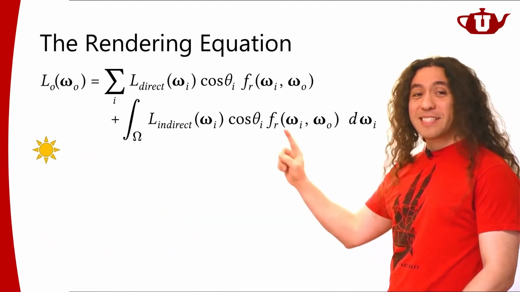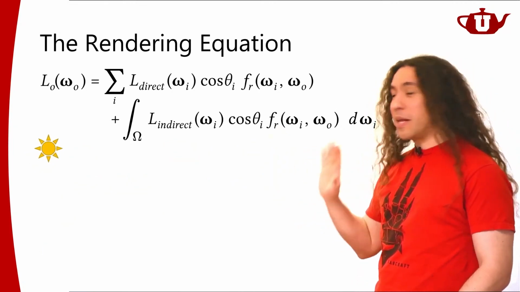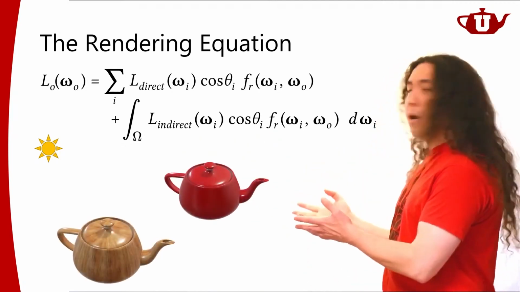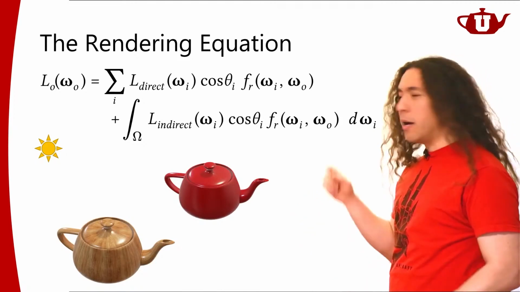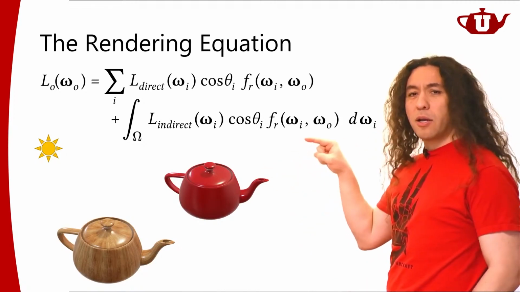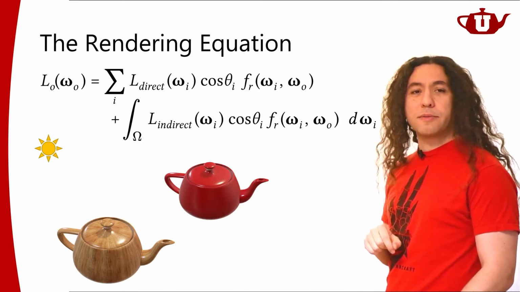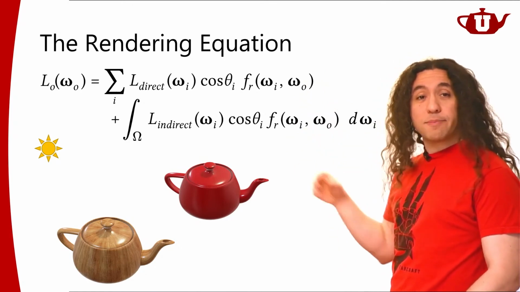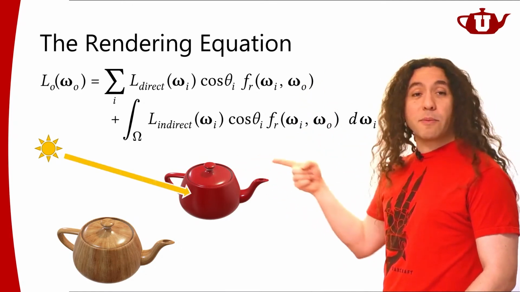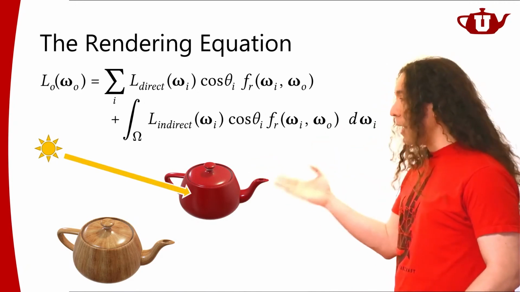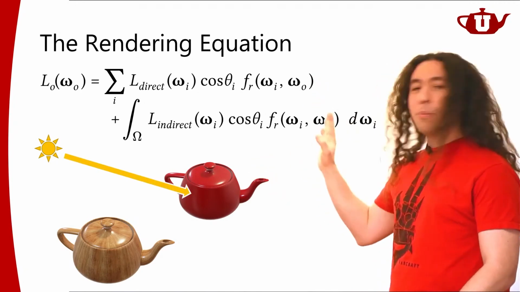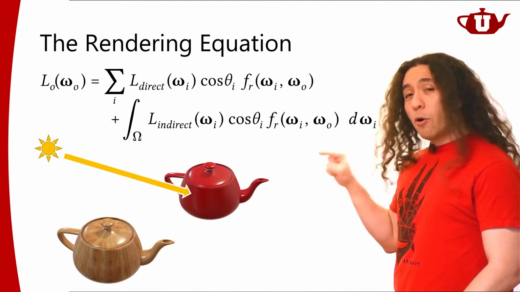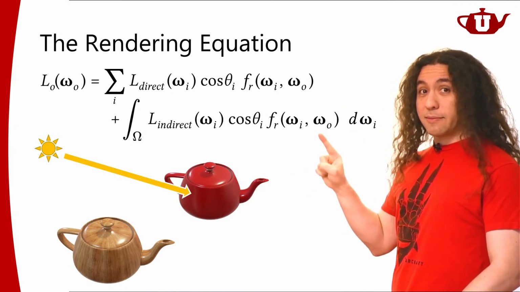Now look at this. Let's assume that we have just one light source, all right? That's my scene. In my scene, I have one light source, and I have, let's say, two objects, like two teapots. Good. Now, I'm concentrating on this red teapot. I'm going to shade a point on this teapot. Now, when I look at the point on that teapot, and I'm trying to shade that point, obviously, light is coming from the light source directly to that point. I need to account for that. So that's direct illumination. That part is easy. We've done this a lot of times. We know how to do this.